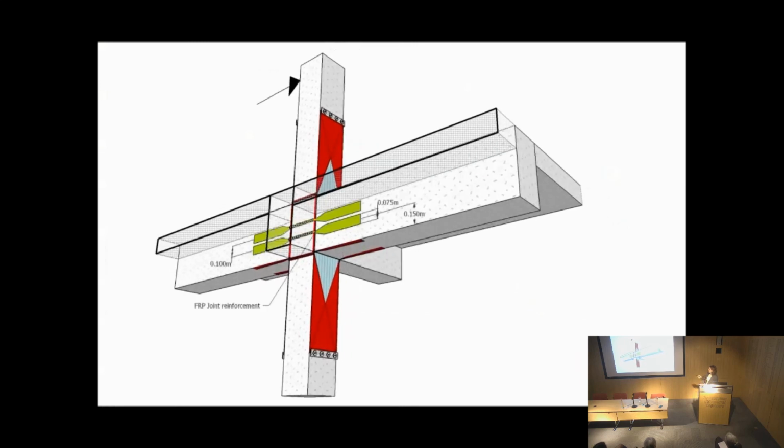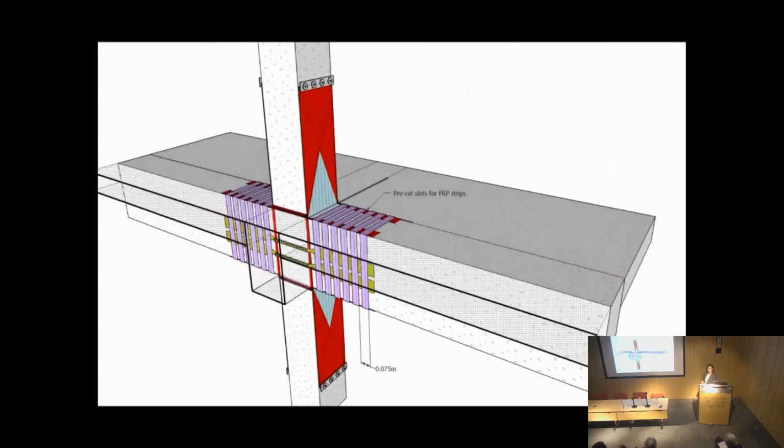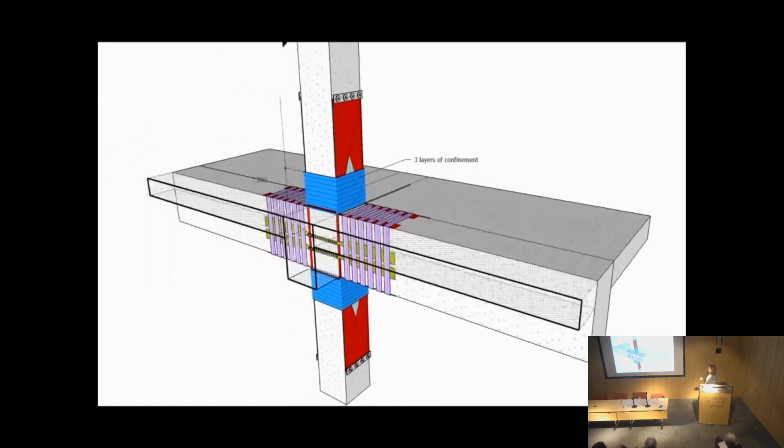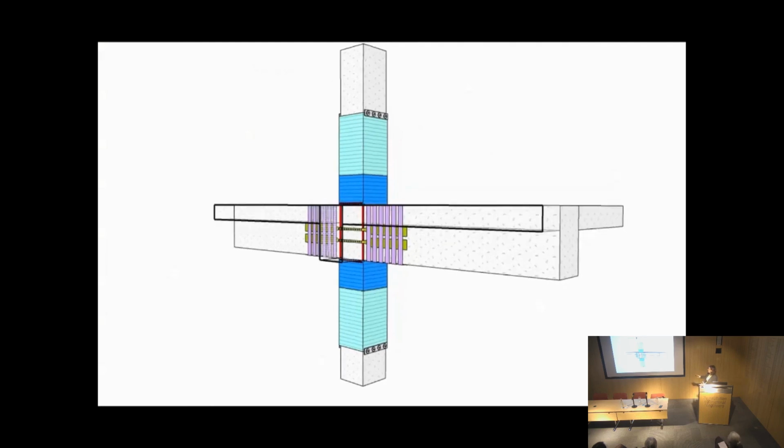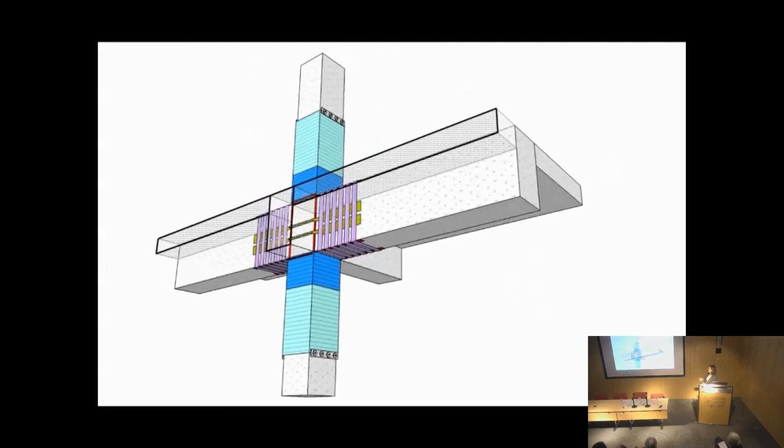Then we put strips at the bottom of the transverse beams, strips across. We had to drill holes through the other beam to get them through. And because the slab was already cut, it was actually quite easy to confine the beam itself, because we already had cuts through which we could pass these parts.